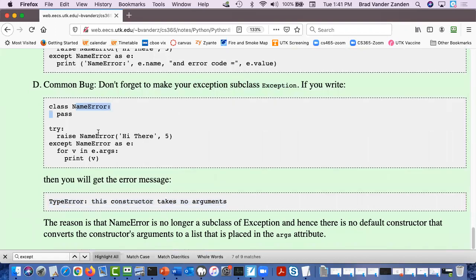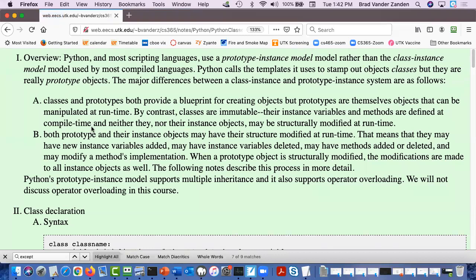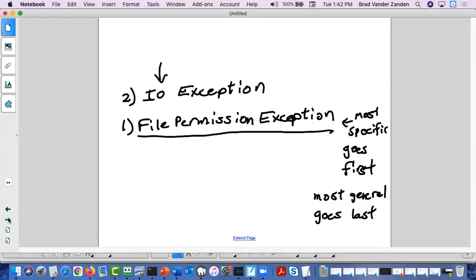Okay, that's your quick and dirty intro to exception handling. There's a couple questions on the quiz about it. I think it's pretty straightforward. But if you have questions, don't hesitate to ask. Okay. In that case, we'll move on to classes, which are the most interesting thing because they are, in fact,